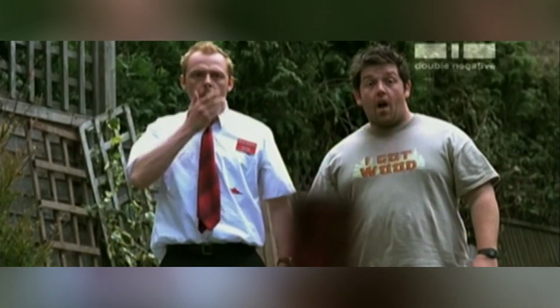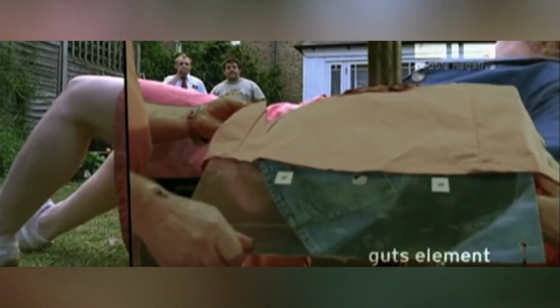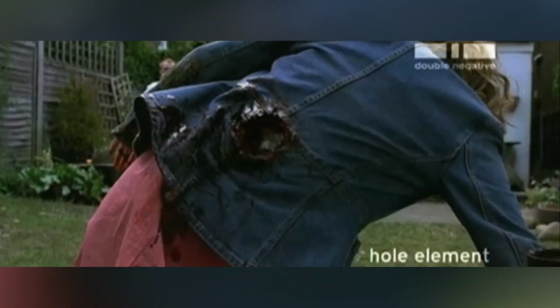A similar process was followed when the zombie lifts herself off the pole. Original plates with the retractable pole, a gut element, and a hole element made for a gruesome shot that left us...